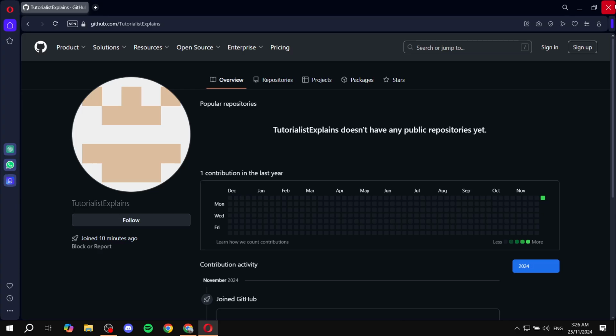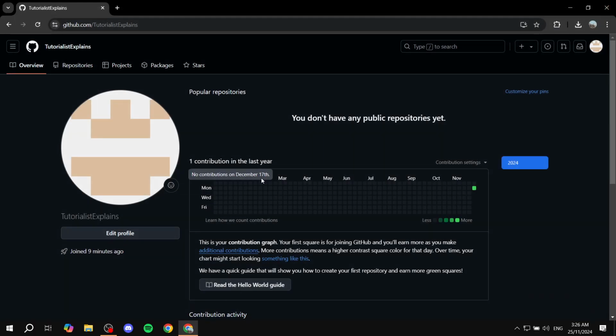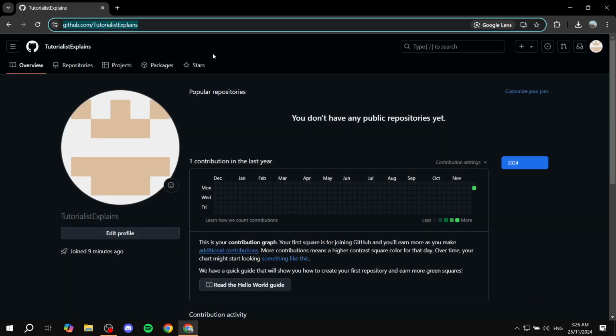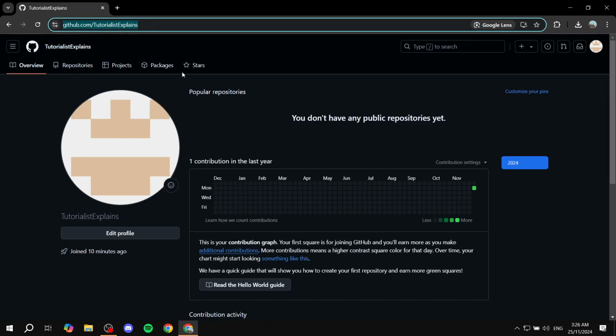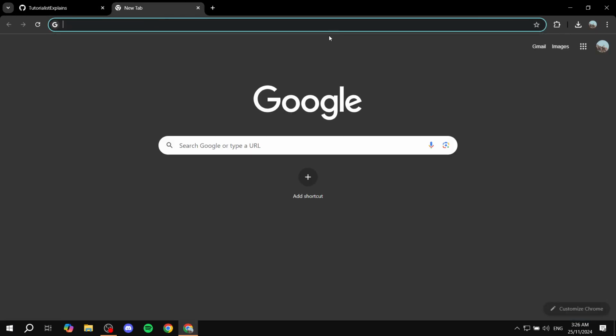Now, if you want to be fancy about it, you can also make it a QR code so you can share it more easily with people on social media and so on. So for example, if you wanted to post it on Instagram, whatever it may be, you can also just turn it into a QR code, which I really like that idea. So you can just go ahead and copy this link. Again, just go to your profile right there, copy this link,